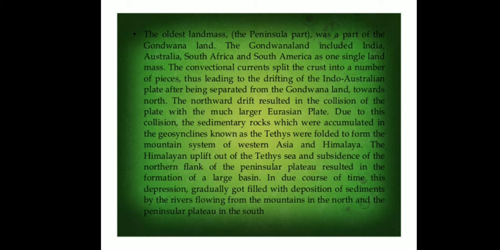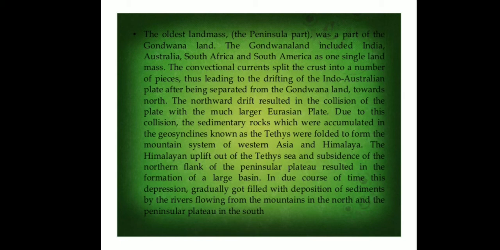Children, what they are saying here is that the convectional currents which were being formed in the oceans have separated the Indo-Australian plate from the main landmass that was called the Gondwana land. And this has been shifted towards the northern part. The northern drift resulted in the collision of the plates with the much larger Eurasian plate. After that, the plates which are in the northern part, Eurasian plates, collided with the Indo-Australian plate. Due to this collision, the sedimentary rocks which were accumulated in the geosyncline known as the Tethys were folded to form the mountain system of Western Asia and